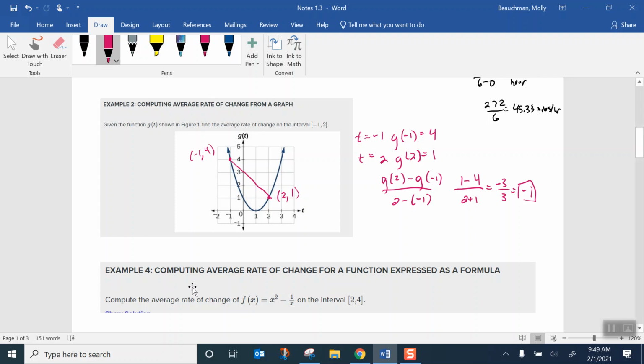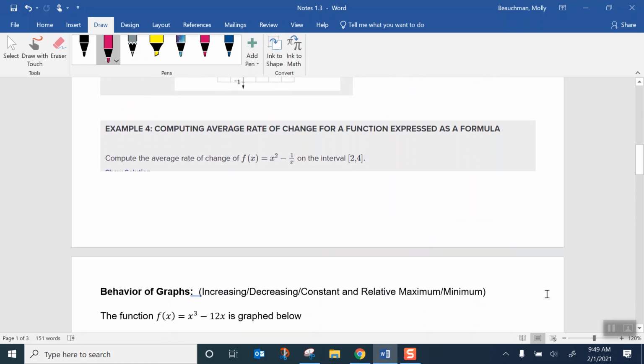All right, next example, computing an average rate of change for a function expressed as a formula. Notice that you're given: compute the average rate of change of f of x equals x squared minus 1 over x on an interval from 2 to 4. So you're given the x values, the x interval 2 to 4, but we don't know the y coordinates that go with them. So we know that when x equals 2,